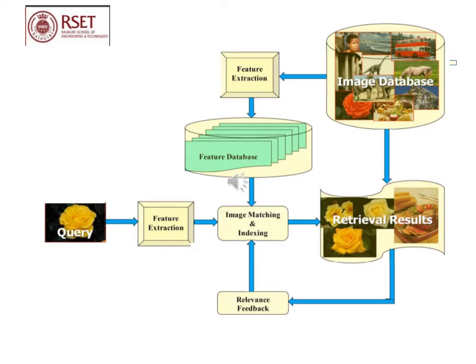The next step, we need to check the similarity because we need to retrieve some yellow rose flowers from the database. For this purpose, we check similarity, mainly by using distance measures. More details about distance measures will be discussed in module 3 and module 4. Commonly we use a simple distance measure called Euclidean distance, calculating the Euclidean distance between the query image and the set of images in the database.